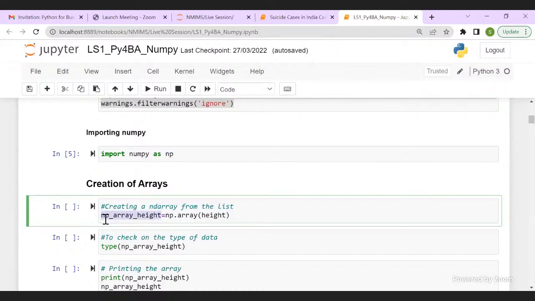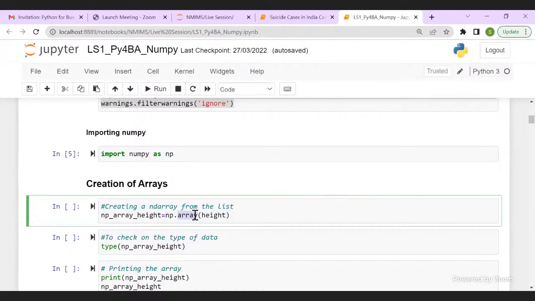So here my variable name says that I'm creating an NP array, not a normal Python array. I'm creating a NumPy array, and my data values are height. So I prefer to call it like this. If you think it is a long name, you can give it a short name of your choice. This is the variable name I have given. Then I'm calling the alias and invoking the function array, np.array, because I want to create an array.